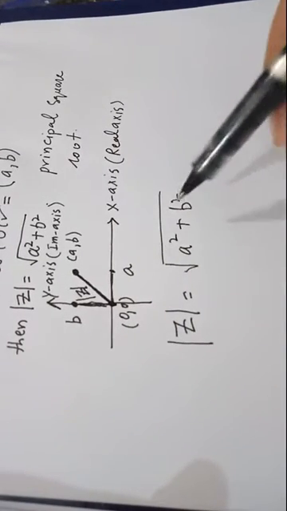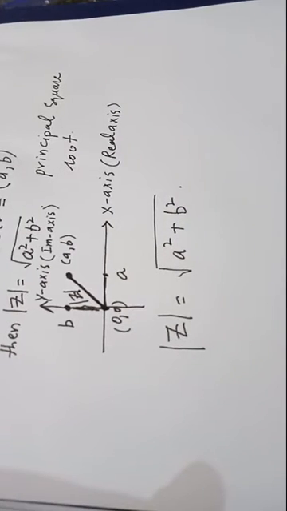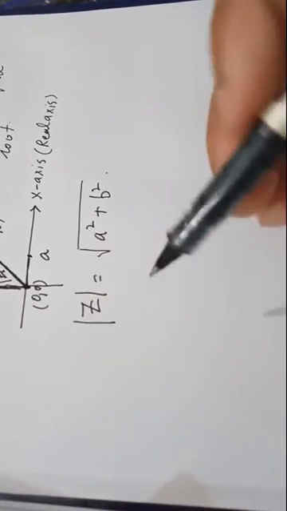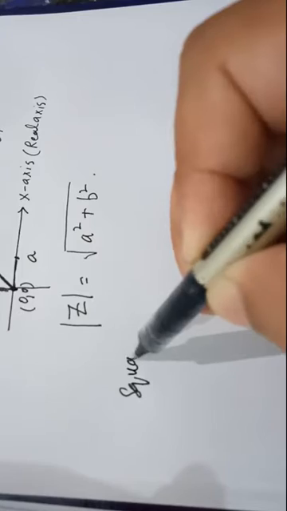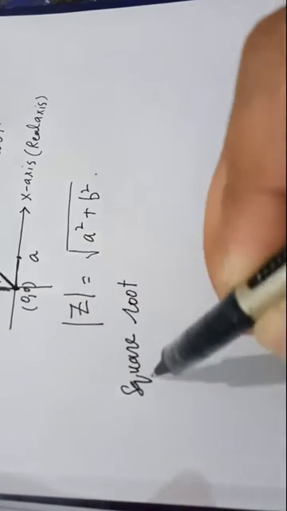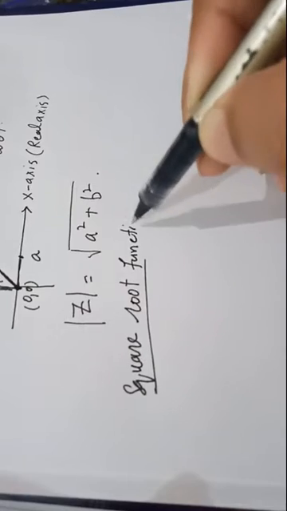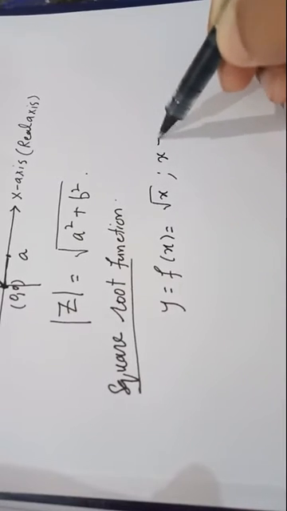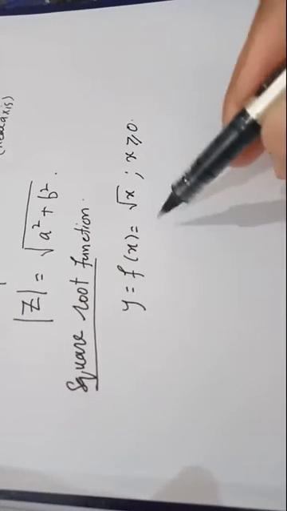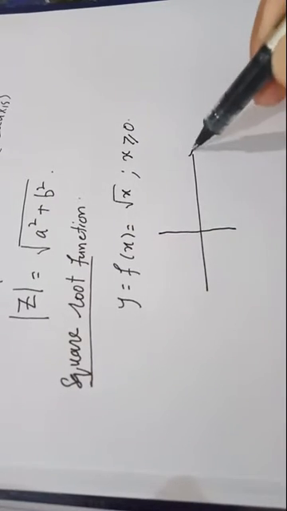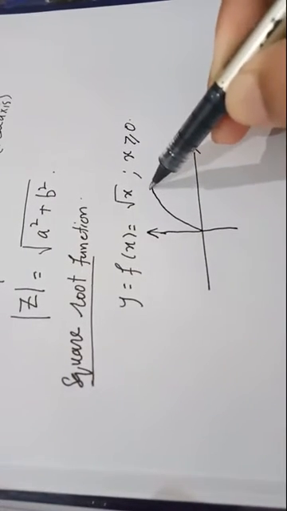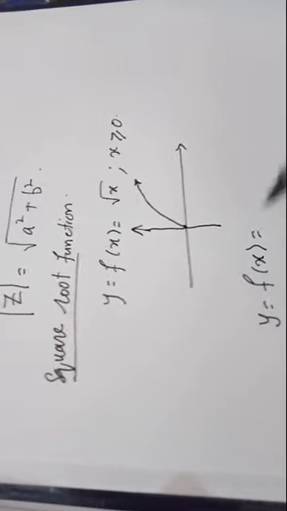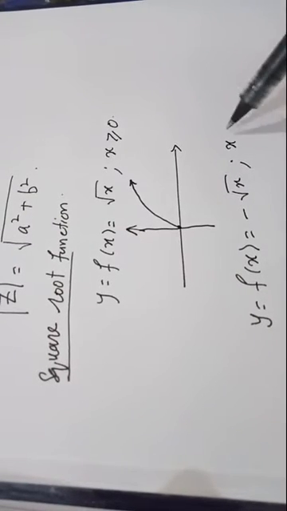Now in this definition there is a square root, and the square root is always an increasing function. This is a little bit extra but related to the square root function. Let y is equal to f of x, which is equal to square root of x, where x is greater than or equal to 0. When you draw this function in the rectangular coordinate system, this is the graph. Now if y is equal to f of x is equal to minus square root of x, where x is greater than or equal to 0,